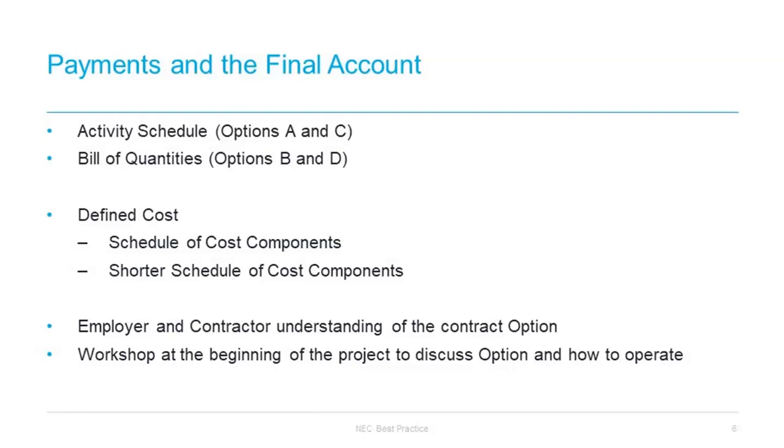Also, we would recommend that you try to give the schedule of cost components high priority or consideration at the start of the contract, so that if compensation events do arise, they can be dealt with efficiently and without issue because you've got the data there that you need to assess them. If you've got a good schedule of cost components and the data has been put there up front, you can use it for your defined costs and try to resist the temptation to just make a deal on a price, but actually to calculate it properly.